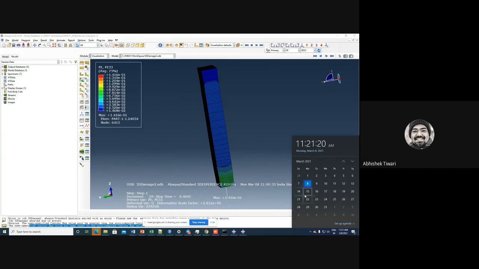Basically, post-processing for the tensile specimen will simply be the stress strain curve, and the stress strain curve should match the experiment. So at the end, I will take one literature data, the full stress strain curve, which goes till the end.